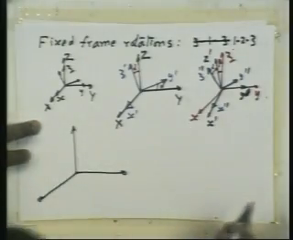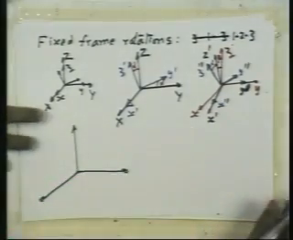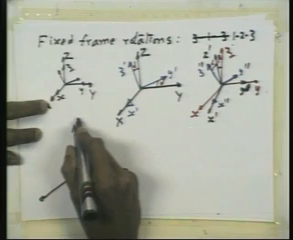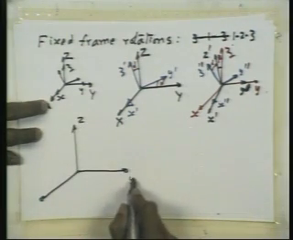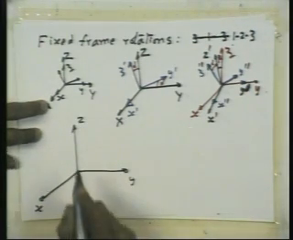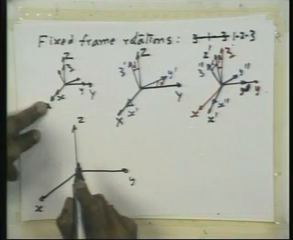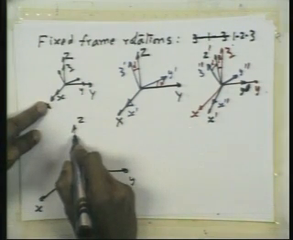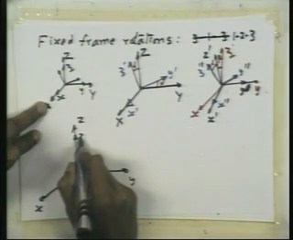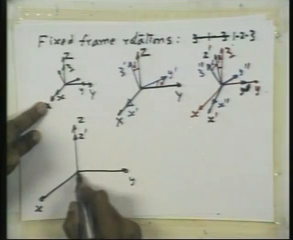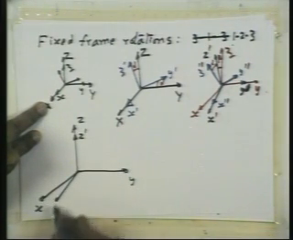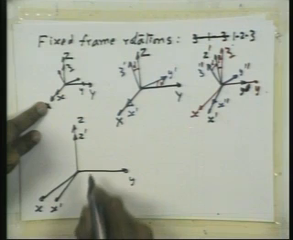So no point in using color, I suppose. So you have z, y, x. Now you are rotating about this, so you have z dash, you have x dash,